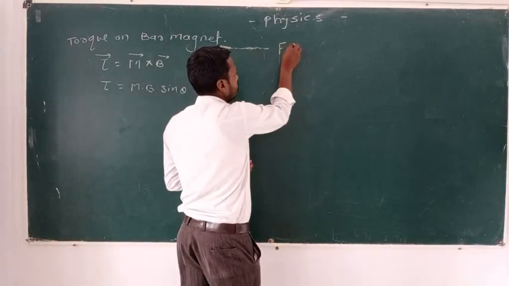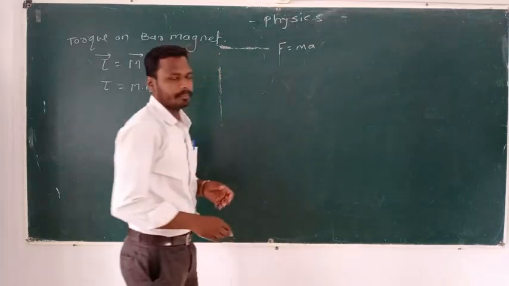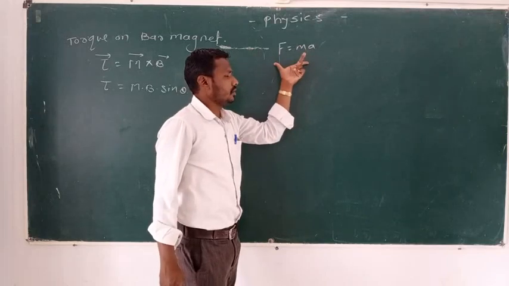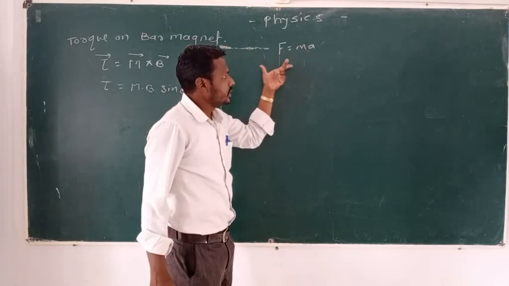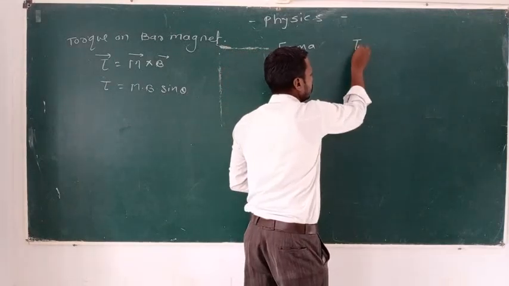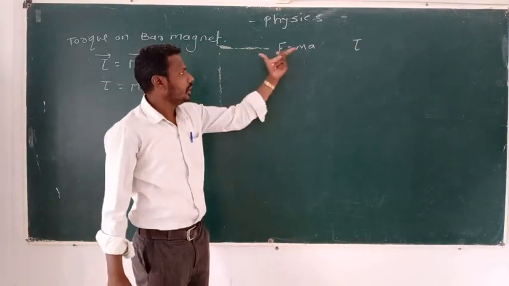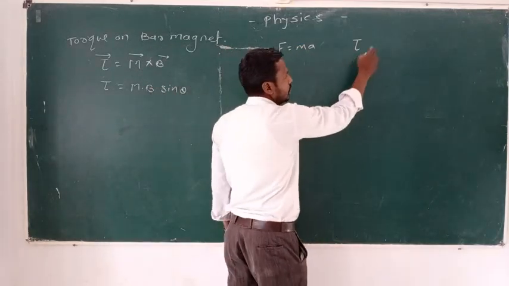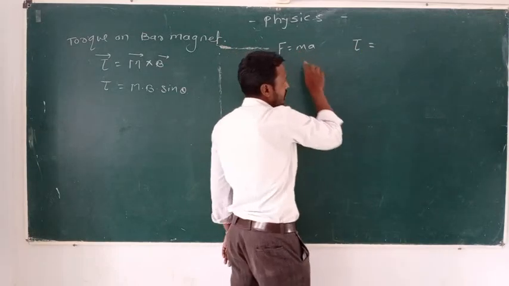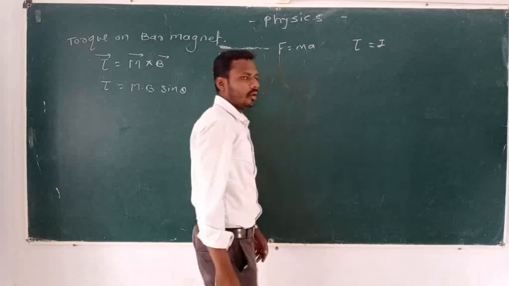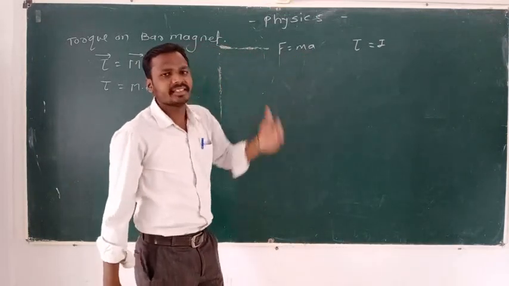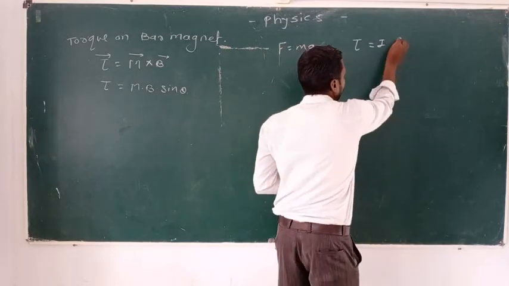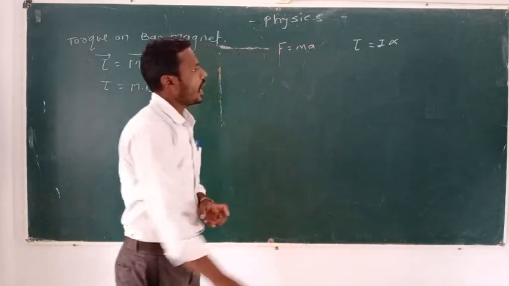Now listen, we have studied that force is equal to mass into acceleration. Now the analogy between linear motion or translational motion and rotational motion: force is analogous to the torque in rotational motion. Instead of force here is torque, and instead of mass, which represents inertia, here is I, that is moment of inertia, and a means linear acceleration. In rotational or angular motion we can write I alpha. That is, torque is equal to I alpha.